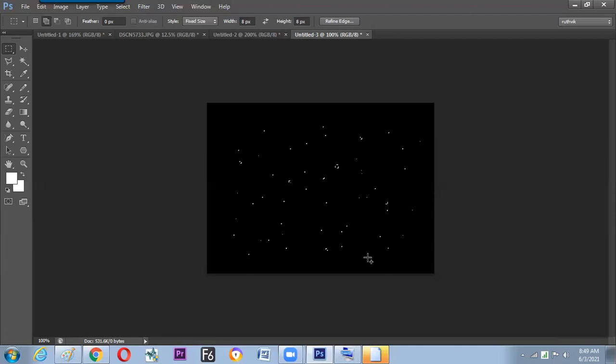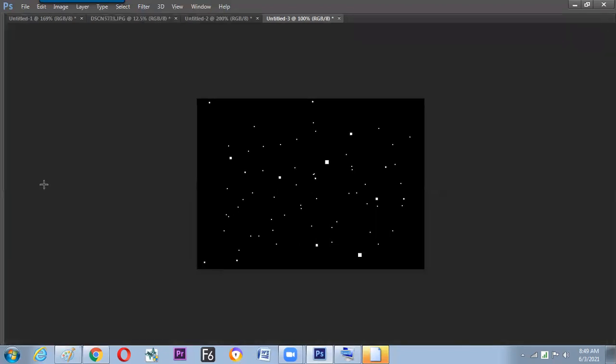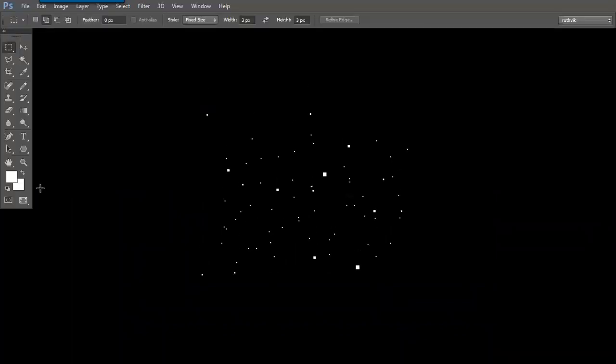The bigger the size, the fewer the dots. Now 3 by 3. So we are just making it denser with variations, and within less time get it filled with the foreground color, Alt Backspace. Job is done. So we have seen now how to make a star sky from a long distance. Is it clear?